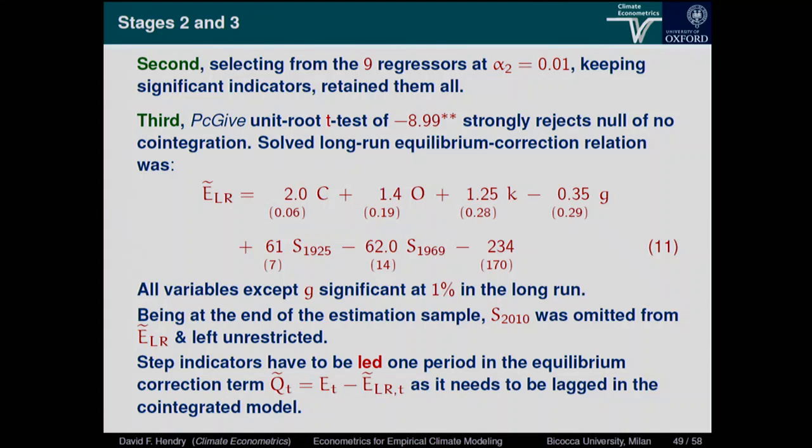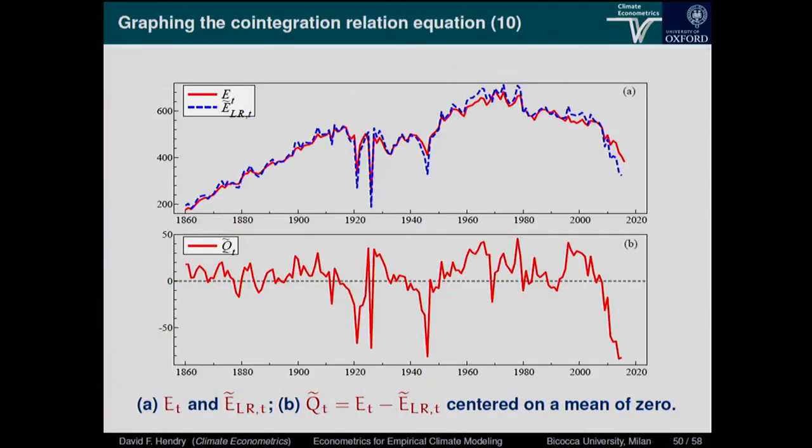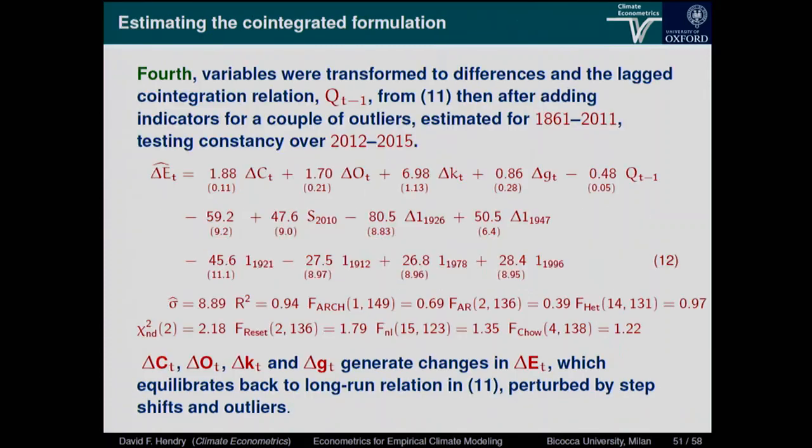And then we get the big effect, much higher up to 1969, much higher up to 1925, much lower up to 69, and then there's an intercept. And that forms a very strong co-integrating relationship. Indeed, the co-integrating relationship almost describes the data on its own, right? If you look at the graph of the implied co-integrating relationship, plotted against the data, it's picking up almost everything, and it's certainly a stationary time series.